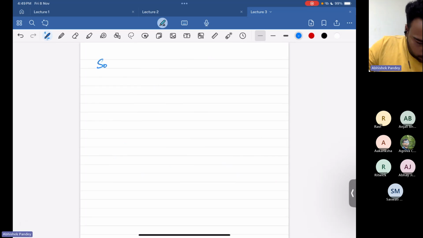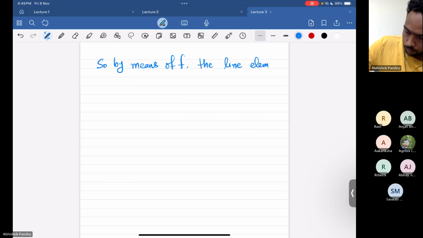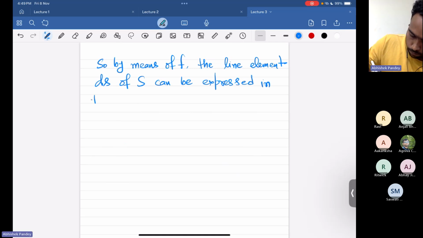This is also known as the first fundamental form of the surface S. So by means of F, the line element ds of S can be expressed in the form ds square is equal to